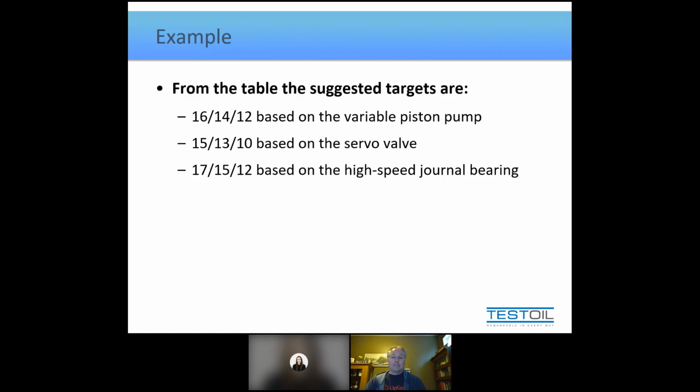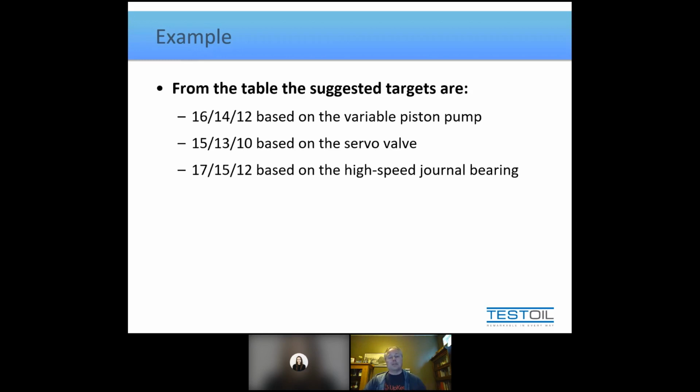My point is, both of them have bearings in them, rolling element bearings with very similar clearances. So considering that they have near identical bearings with near identical clearances, why wouldn't you be targeting the same size of particles? Why wouldn't you need the same cleanliness of fluid in both types of systems?